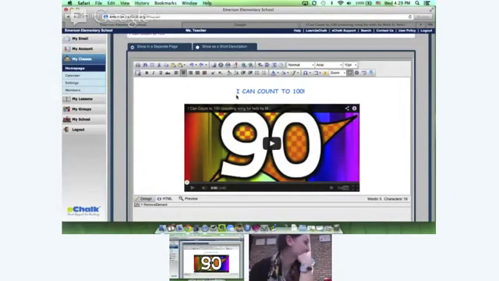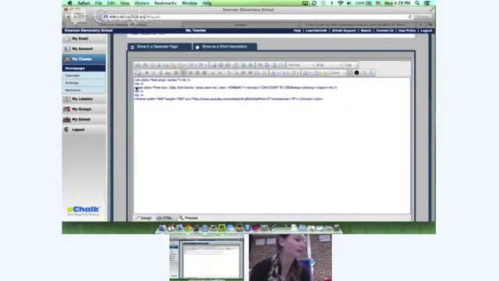Okay, may not be useful for every single event, but kind of fun if you want to catch somebody's attention. So in HTML, all you need to do is find the line that has the text. Okay? So this is the line that has "I can count to 100." Find the line that has the text. Before that, you're going to add